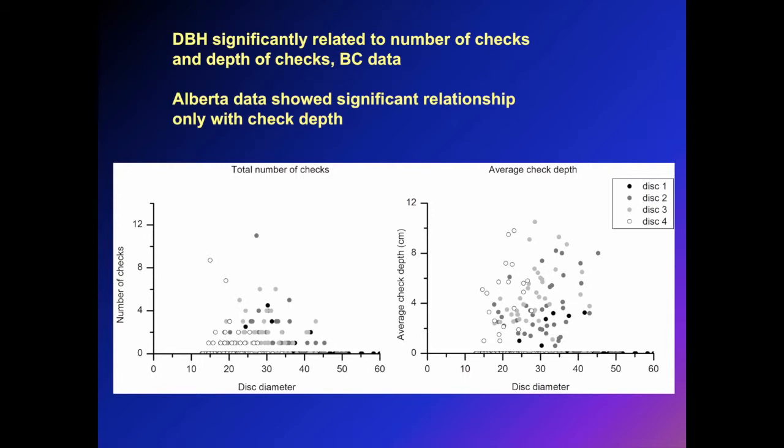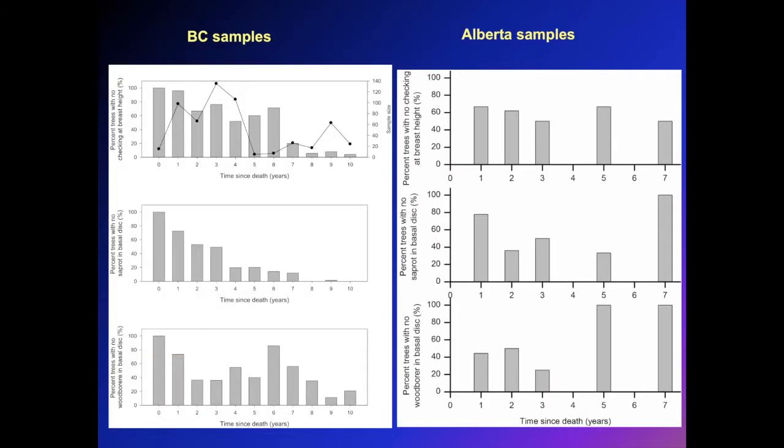We do see a little bit of a trend, and it is statistically significant with regard to diameter and check depth, but we're not seeing much with regard to diameter of the tree and the total number of checks that the tree will develop. We have more work to do on this analysis still. Looking at the percent of